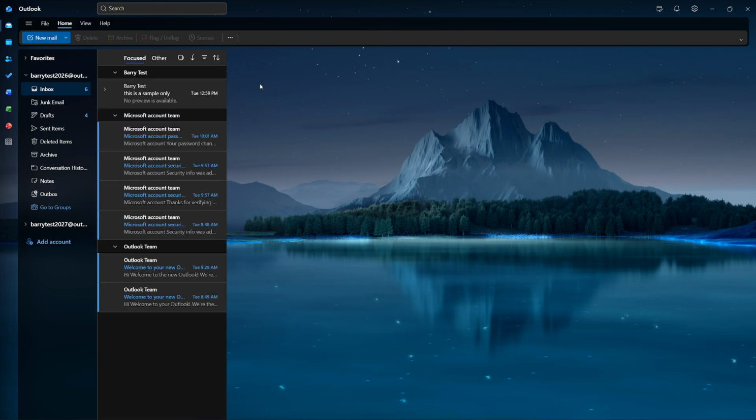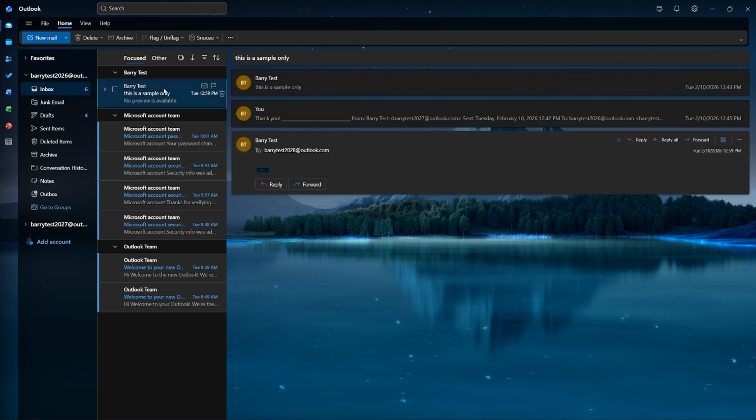Click the From column header once to sort alphabetically from A to Z. That means senders whose names start with A will appear at the top, and it continues down the alphabet. Click the From header again to reverse the order and sort from Z to A. This toggle is